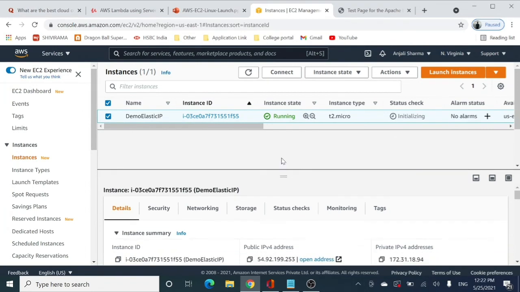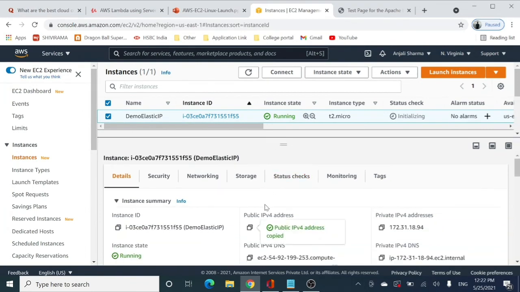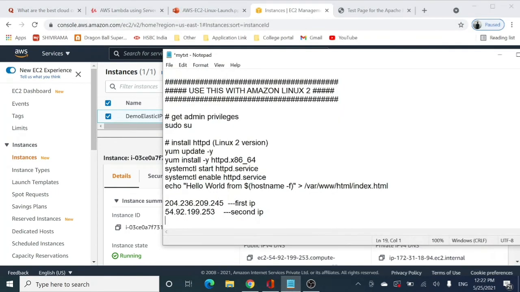So the public IP address is actually retained when you reboot your EC2 instance. See, even after rebooting, the IP didn't change. So the IP changes when you actually stop and restart your instance. It is sustained when you reboot your instance, right? So that is the thing.